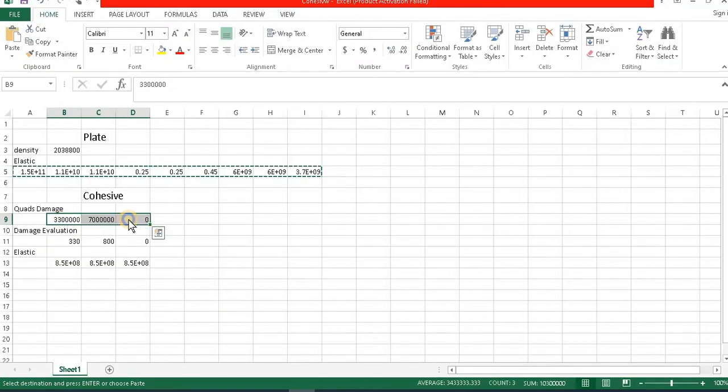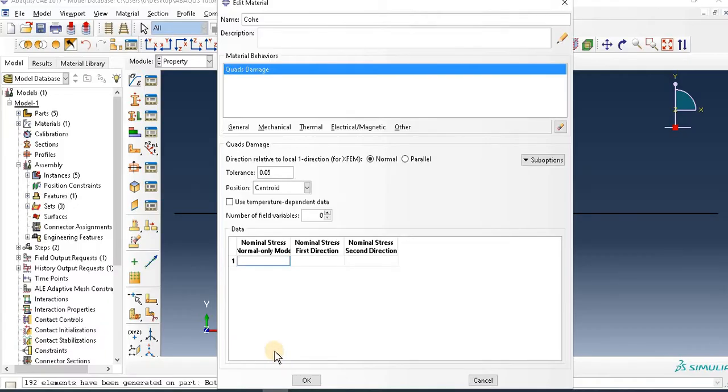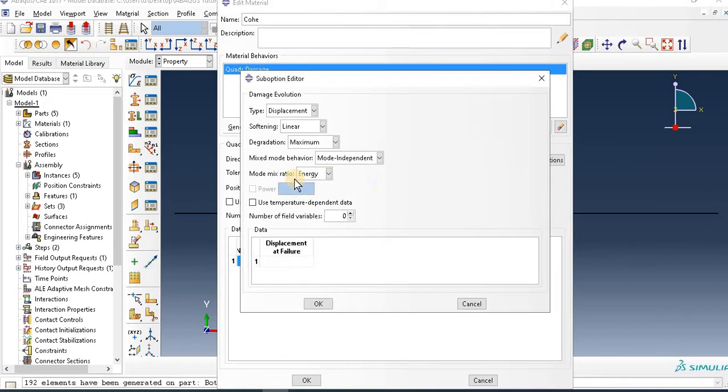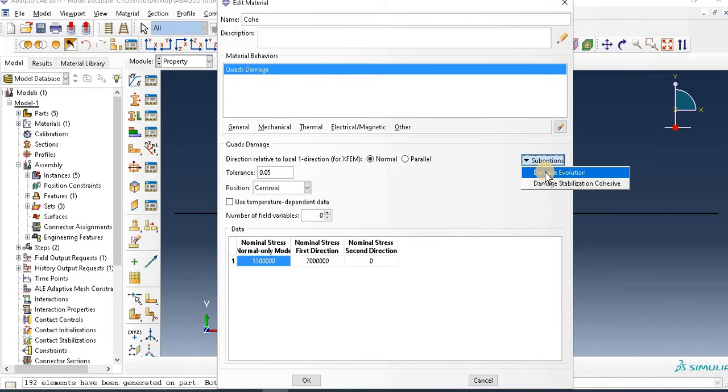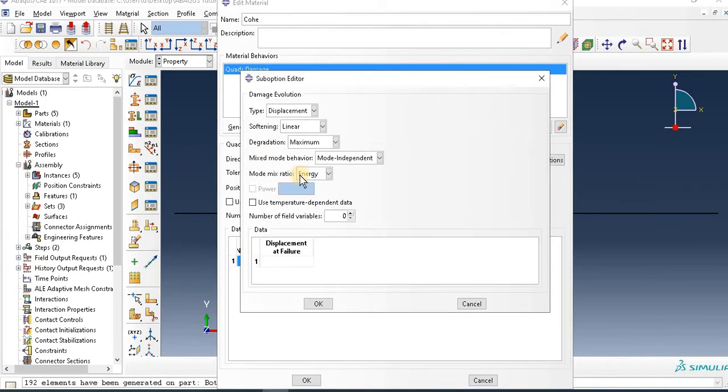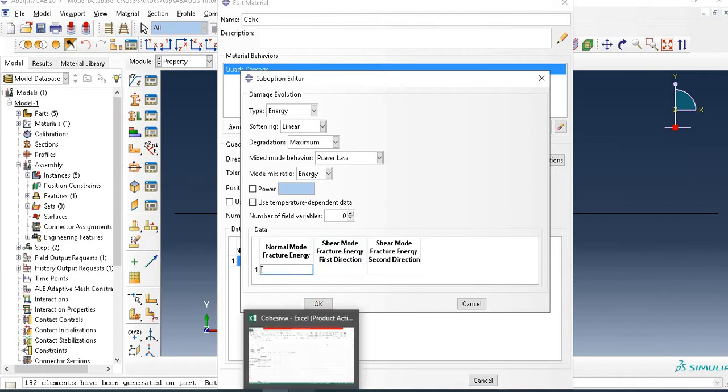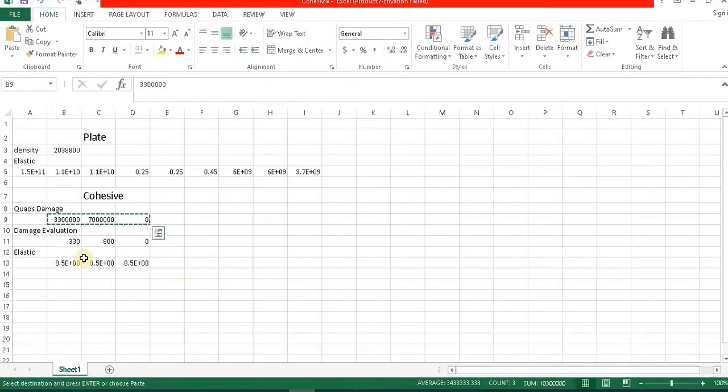So this is the value as per your material. You can put here, then damage evaluation, so in type energy, then here mixed mode behavior, power law,